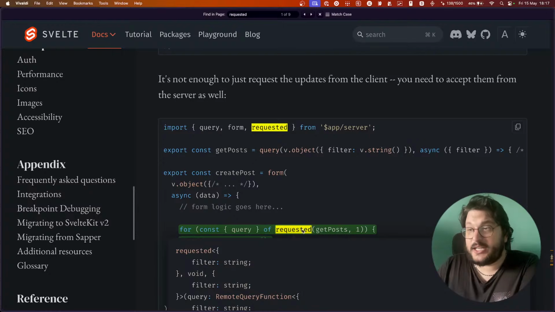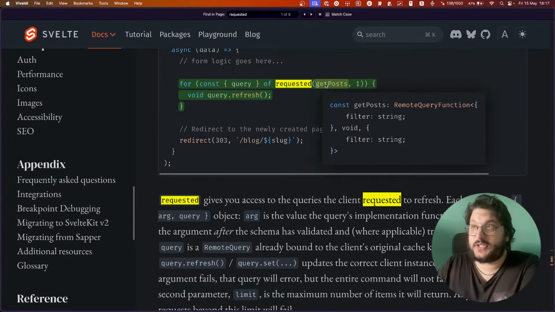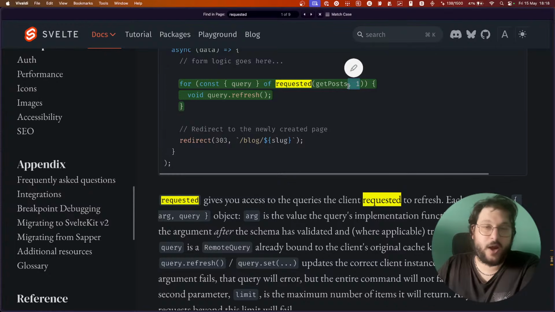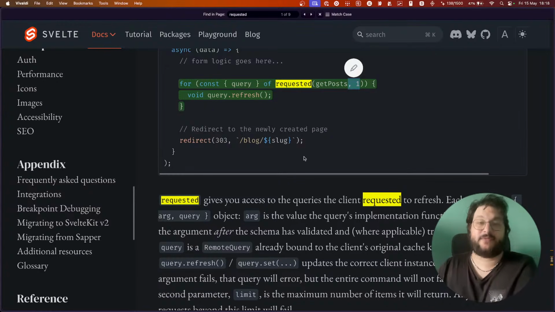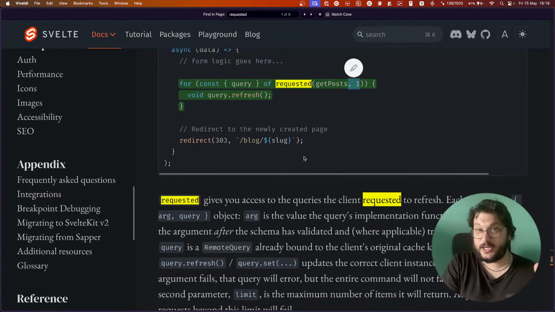And the important bit is that, as you can see, I want all the get post queries that need to refresh, and you also need to pass a limit. Before it was optional, but this is actually a hard requirement, because if you don't pass a limit, the client can basically stagger your server to make it do a lot of work just by sending a custom crafted payload.